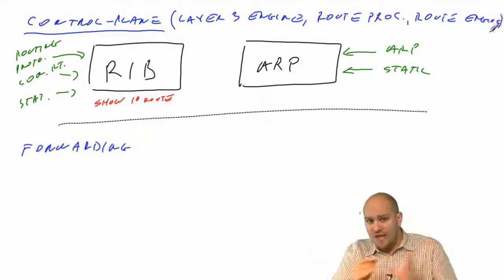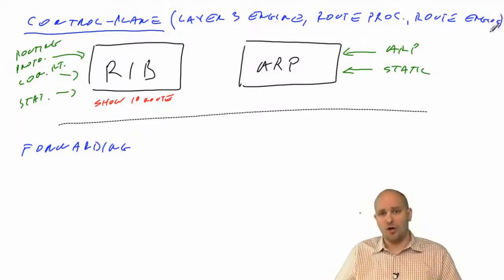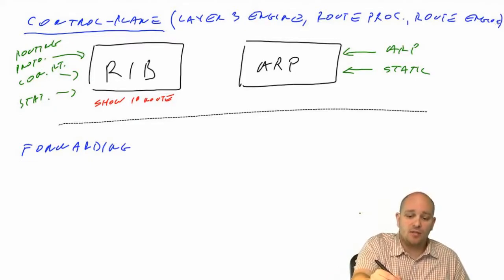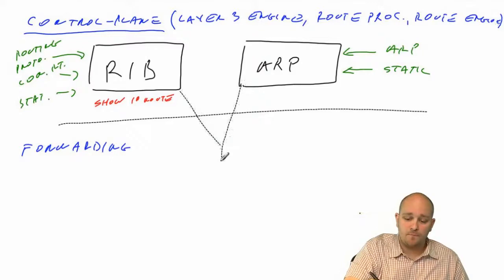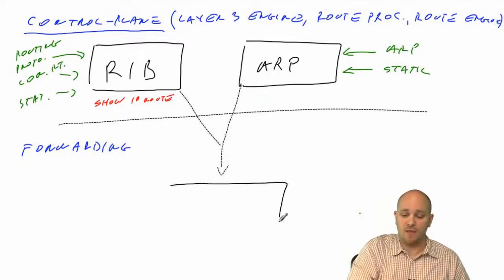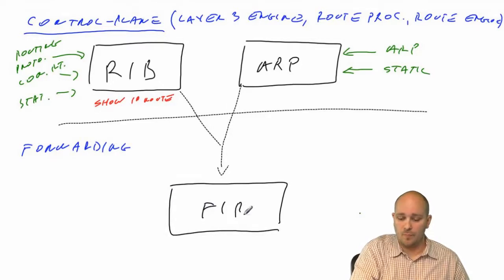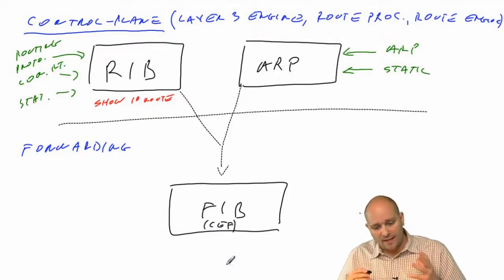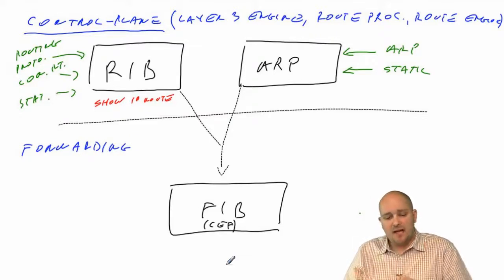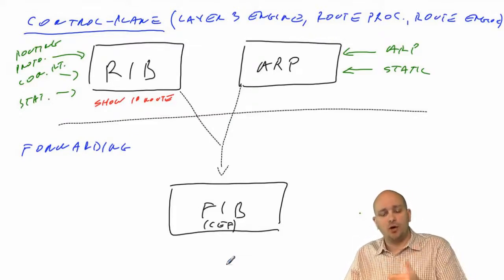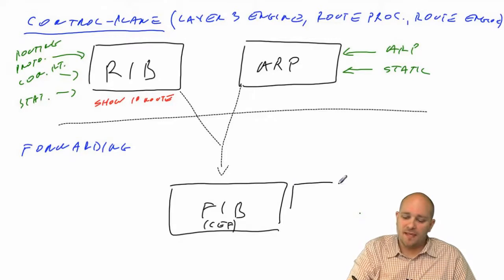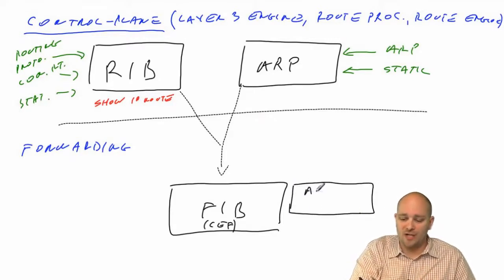Now, based on this information that we have in our routing information base and based on the ARP table, what is going to happen? These two databases are going to feed our forwarding information base, our FIB, which is basically a CEF table. So let me just write somewhere here. This is basically our CEF table here. And in the FIB are going to be all the routes with their resolved next hops. But these resolved next hops are actually going to be kept in a subset table, which is called the adjacency table,